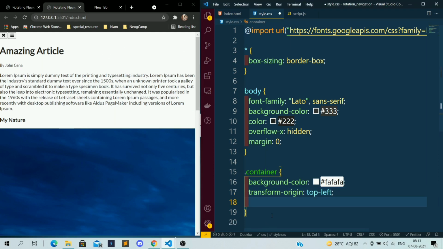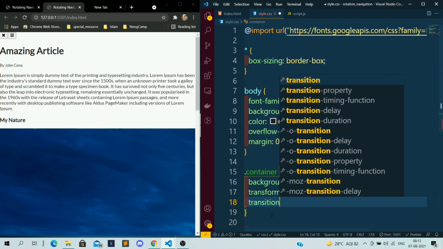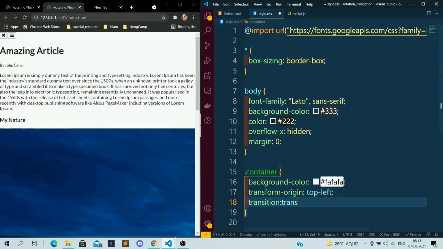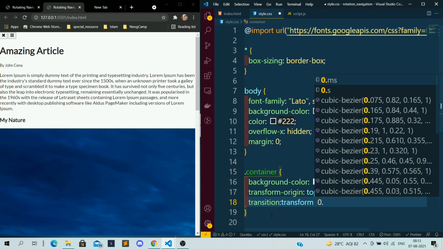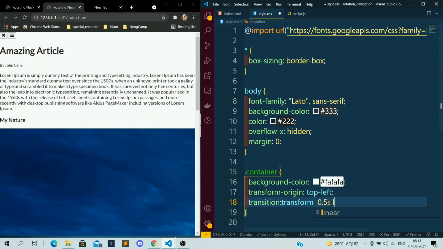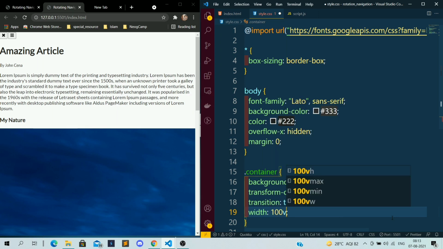I want to give some transition, so when I click on the button, it should transition in a certain mode. I have given a transition of transform 0.5 seconds linear, so that it will transition in a linear fashion. Now after this, I want to give the width of 100vw.